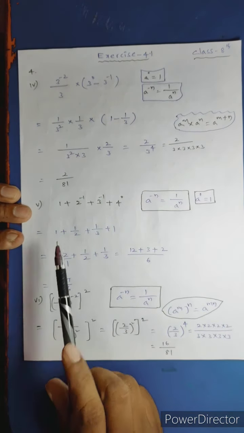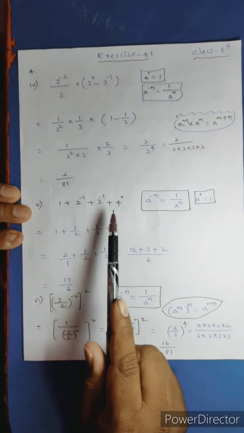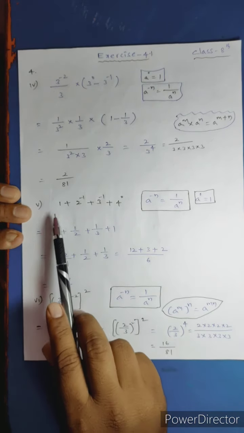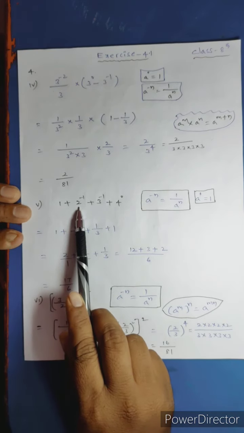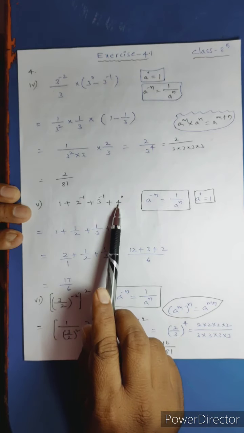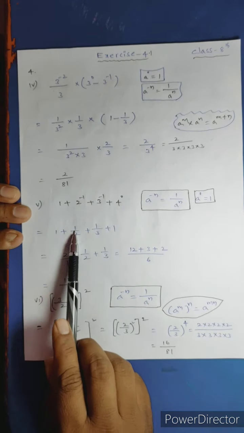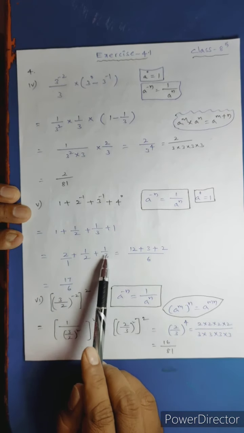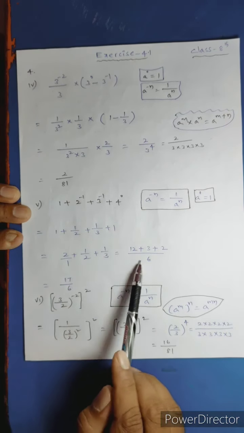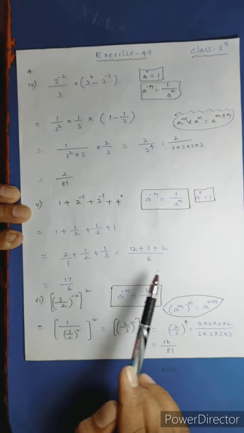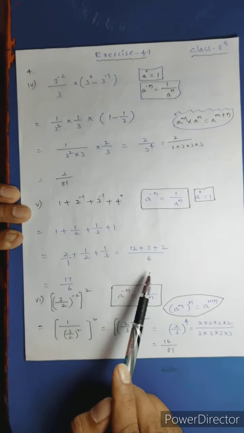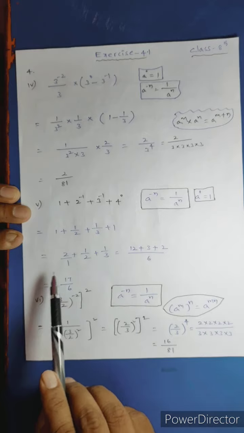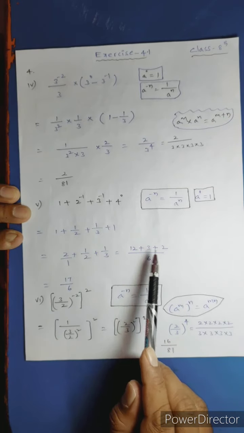Now the fifth problem: 1 + 2 inverse + 3 inverse + 4^0. Here a^-n is equal to 1 by a^n, and a^0 is equal to 1. So 1 + 1/2 + 1/3 + 1. 1 + 1 is 2, plus 1 by 2 plus 1 by 3. For 2, 3, 1 the LCM is 6. 1 6 is 6, 6 2s are 12. 2 3 is 6, 3 1 is 3. 3 2 is 6, 2 1 is 2. 12 + 3 is 15, 15 + 2 is 17